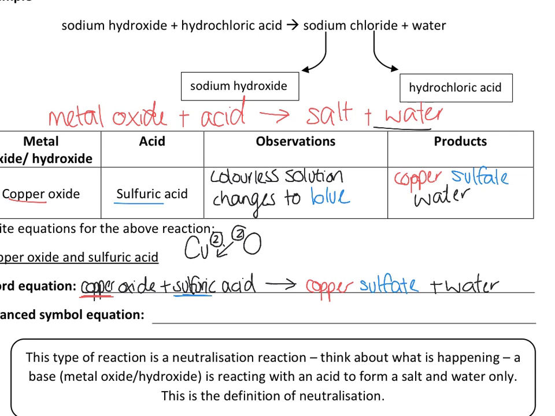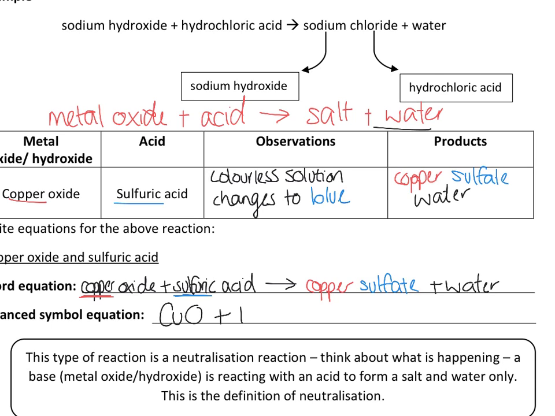So when I swap and drop those, I end up with Cu2O2, but I can cancel that down to Cu1O1, and I can ignore my 1s and just end up with CuO. So copper oxide. So I'll rub that out to give us a bit of space. So it's CuO